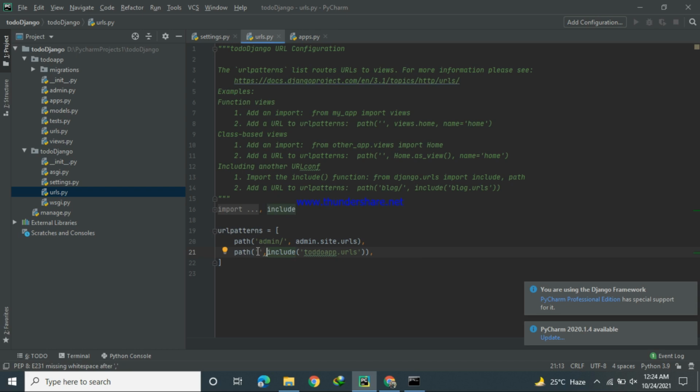When we write, for example, google.com, whenever we are writing without any path, then it will be put to this file, include todo app.urls. Okay, todo app, this one is our todo app, and the urls.py file is linked to the main URL file.